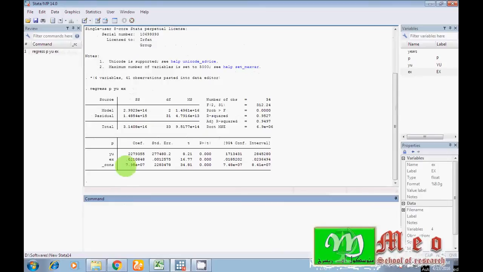So guys, as p is my dependent variable, look here, I have these p values.